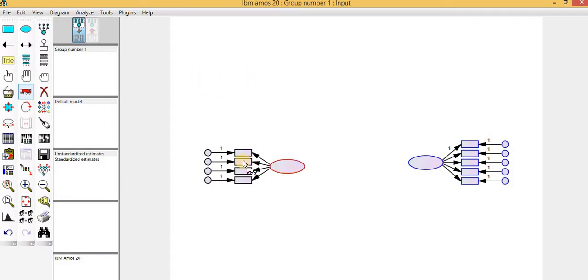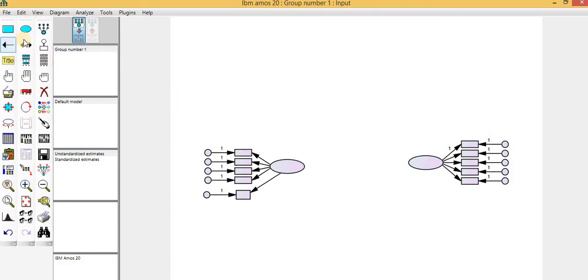So this is a variable, this is an item, and these are the error terms. If you need to draw another item here, you can do it manually as well. Click on this button and draw your item here, and then draw your error term here. Clicking more than one time is actually reshaping. Then click on this button and draw the error here. So this is an item I have created, and the error term I have created manually.